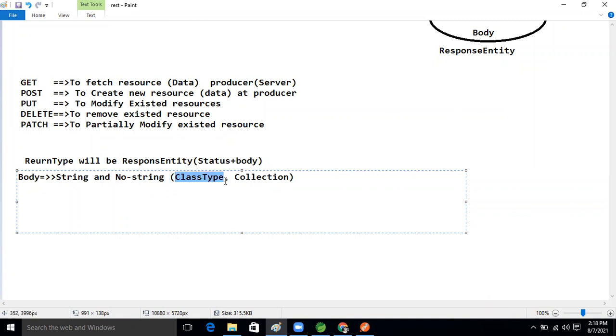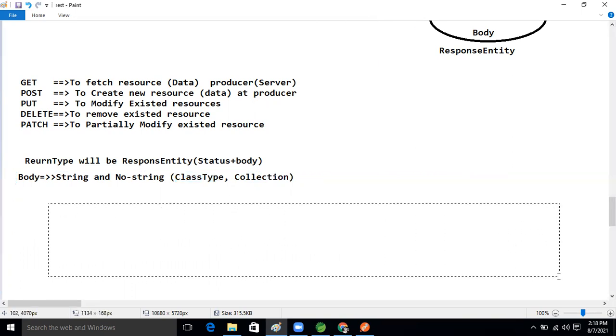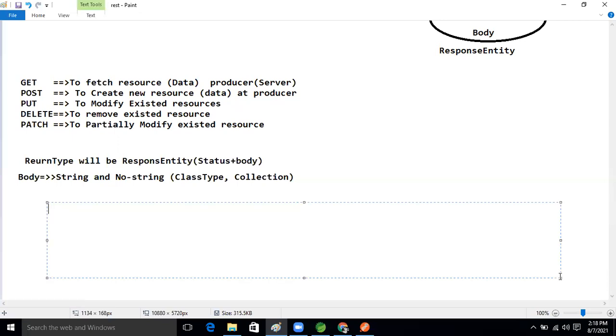Non-string types are collection type or object type, our classes.